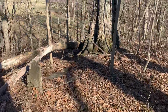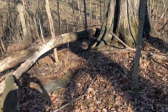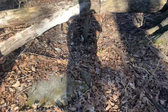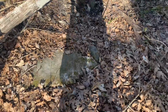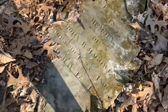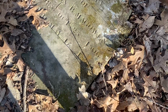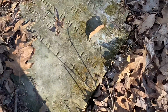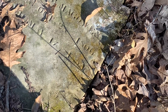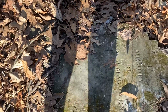Oddly enough, on the headstones that are visible, most of the people buried up here are women. And there's a couple different names, but mostly it's Mr. McGowan. He died in, I forget what it is. I think it was 1806 to 1864. I should put that one up. I did